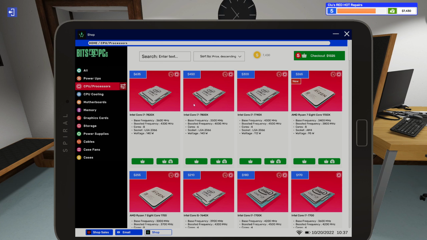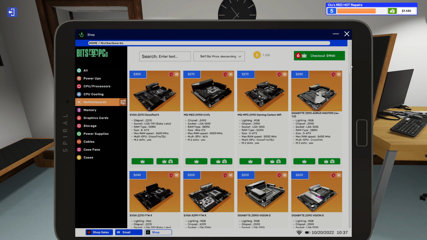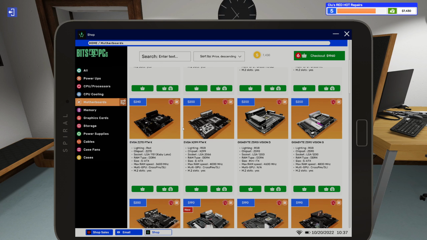I guess we will go with this LGA 2066 processor. So we need to spend the money. Not actually sure we have the parts to build a $7,000 computer, so we might have to switch this to 2 builds. Anyway, looking for an LGA 2066 socket here. The most expensive one we can get is an EVGA X299 FTW K. It actually looks like it has 8 RAM slots, so that will help us get to the